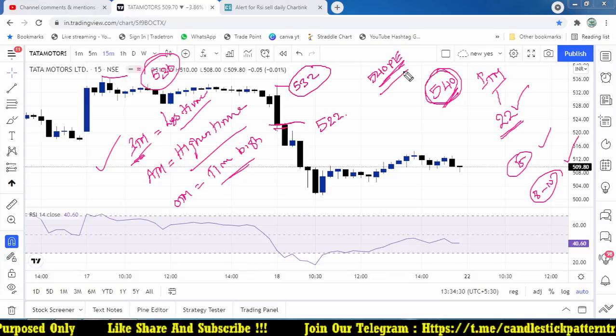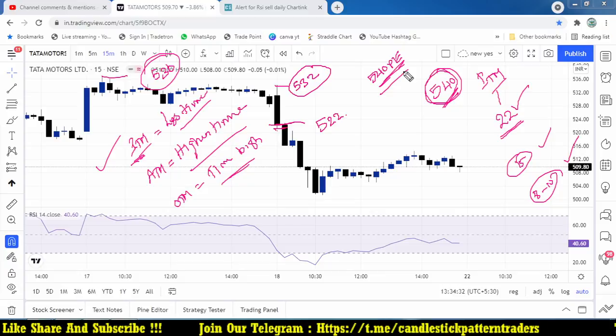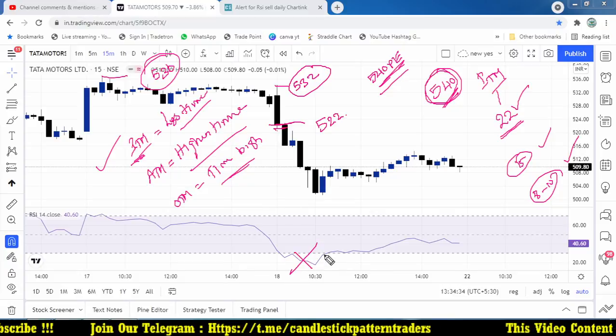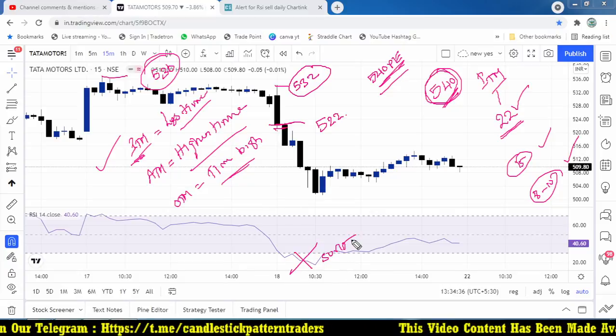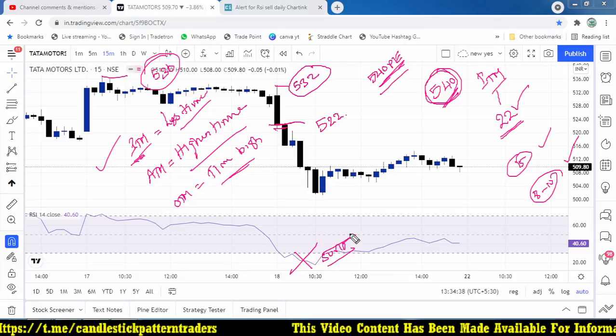You got it? Put strike price which I've taken based on the concept. I'm not going to focus the RSI level on 5 minutes or 15 minutes. I'm not focusing. It's a daily time frame. At what time frame